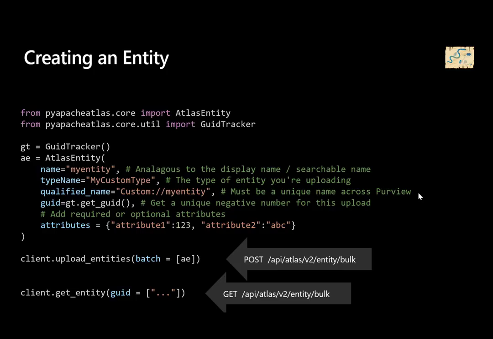The GUID that you're going to provide is always going to be a negative number when you're doing an upload. In this case, I have a little GUID tracker, which is essentially a global variable that allows me to get the next negative number each and every single time. The reason why we have to provide a negative number is that it will be translated into an actual GUID